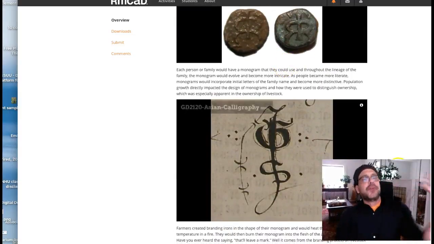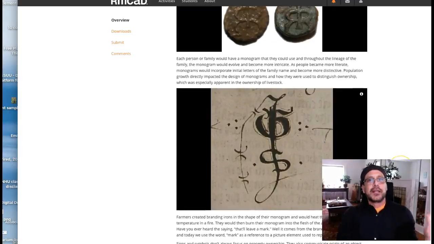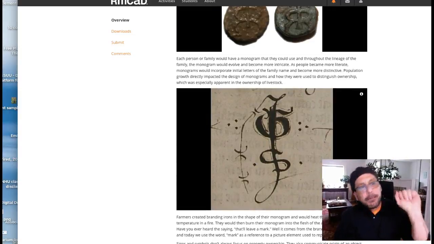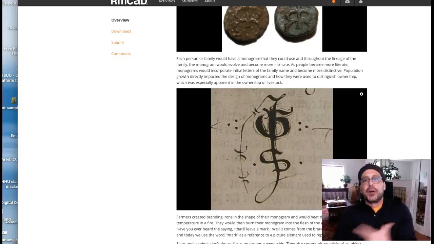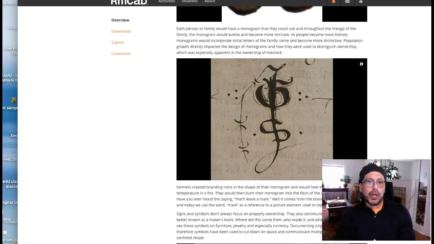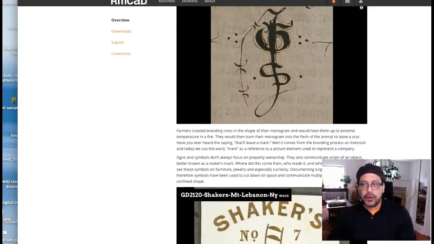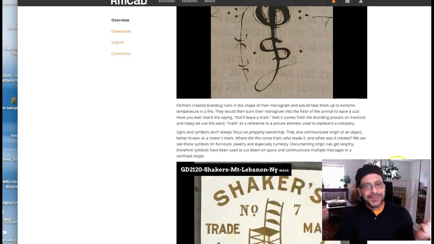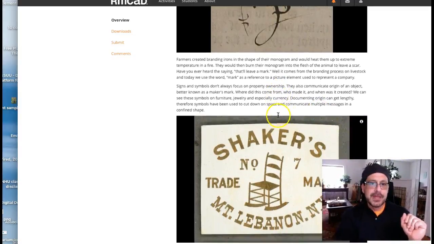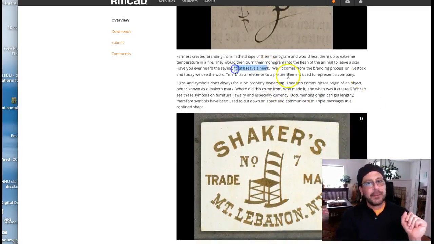So folks started to develop these monograms for themselves so that they could maybe even make a stamp to mark their purchases or their binding agreements, as it were, okay? The word mark also allowed people to identify their personal belongings. A great example here is the brand you see on cattle, where their mark is their brand, and their mark is branded into the cattle, and yes, that's where we get that'll leave a mark. That's gonna leave a mark. Okay, so